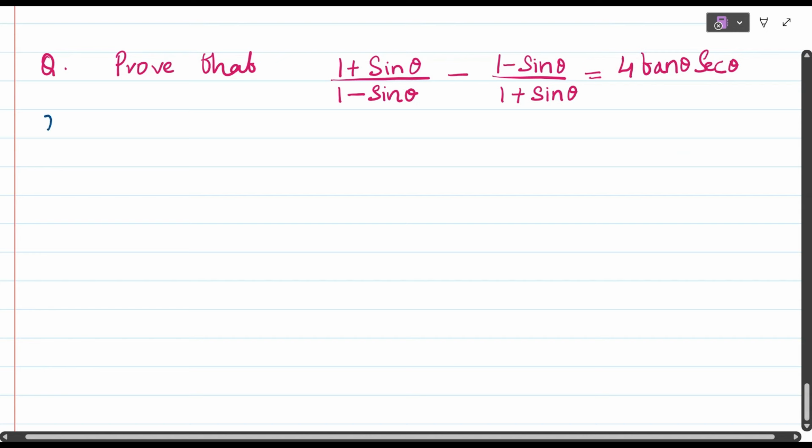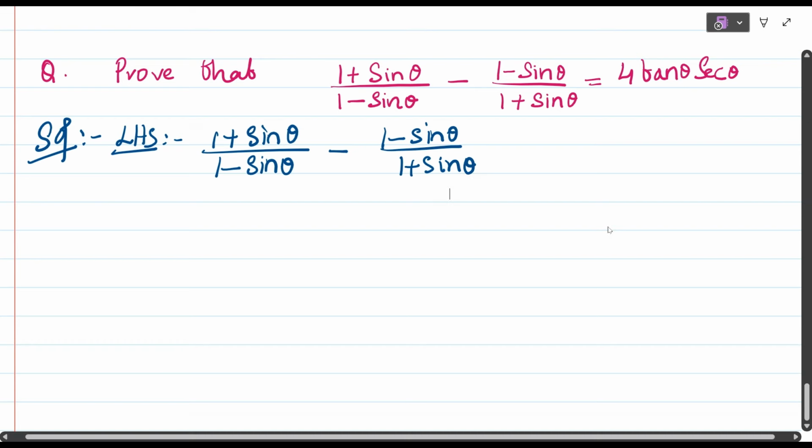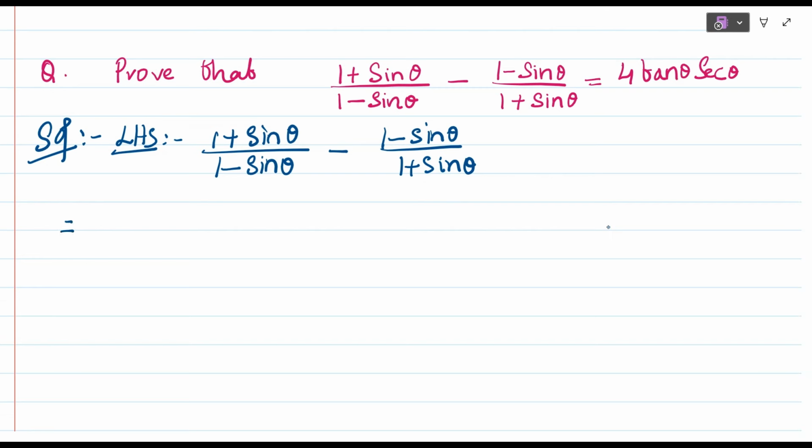Students, the next question is 1 plus sine theta. So I'm going to take LHS first. So 1 plus sine theta by 1 minus sine theta minus of 1 minus sine theta by 1 plus sine theta is equal to 4 tan theta secant theta. So now I have taken LHS, and what I am going to do is I am going to take LCM. So in the denominator we have 1 minus sine theta and 1 plus sine theta, multiply in the denominator, this is the LCM, and in the numerator,